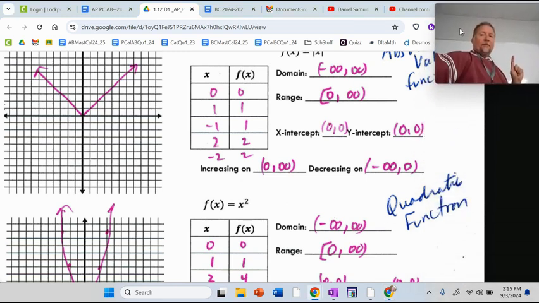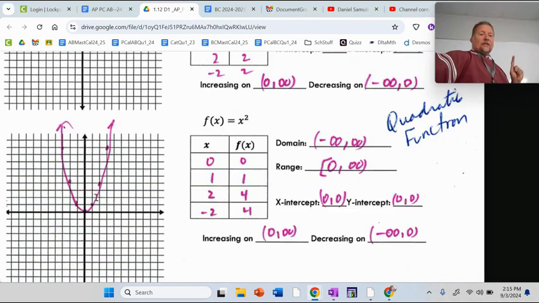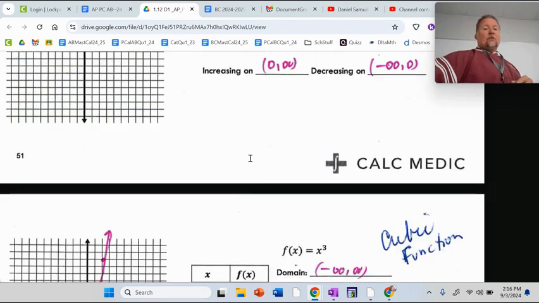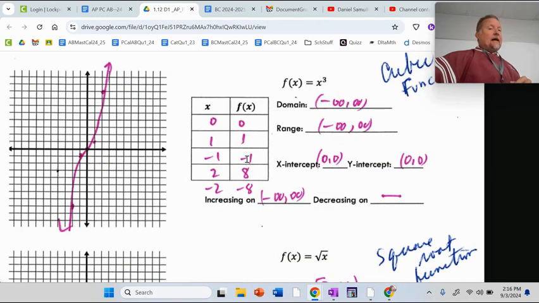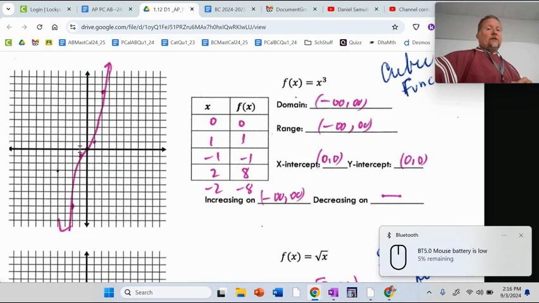Let me move my head up. Quadratic has curvature. 1 squared is 1, 2 squared is 4, -1 squared is 1, -2 squared is 4, -3 squared is 9. This is curved, different than the previous one. Domain and range, though, are the same. Increasing and decreasing intervals, the same. Chart of values there. Then the next one, cubic, not the same as a quadratic, because -1 cubed is